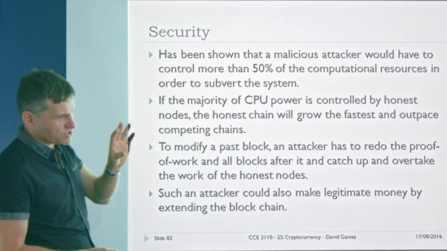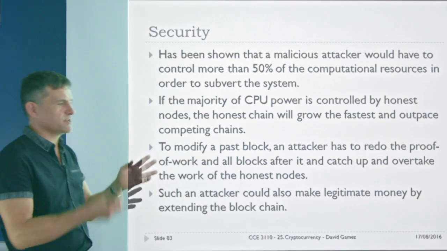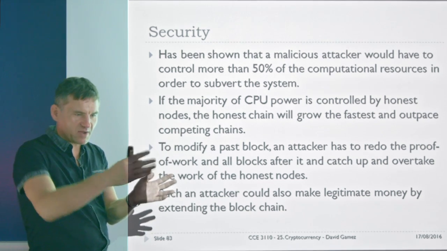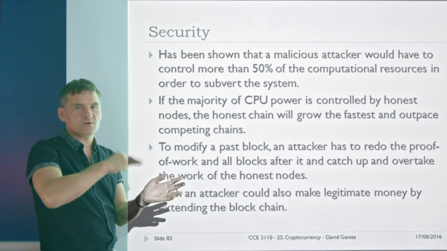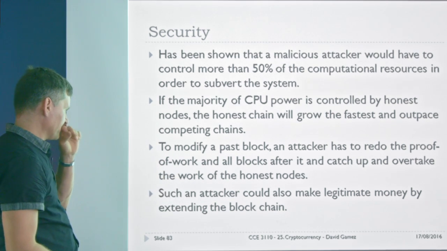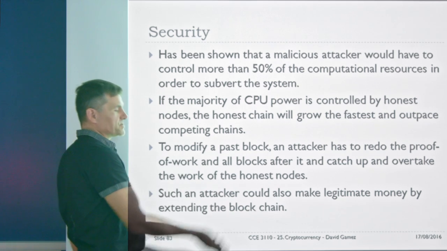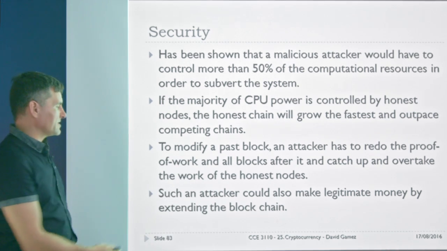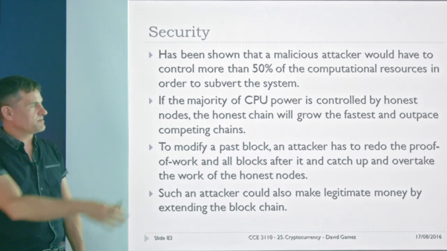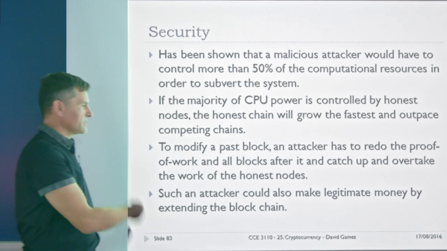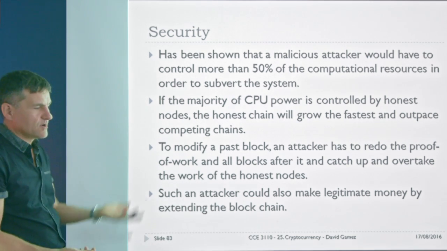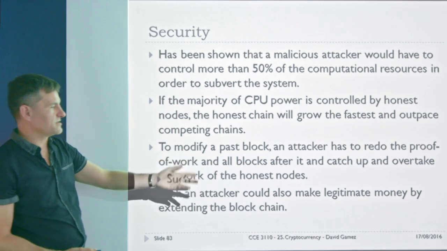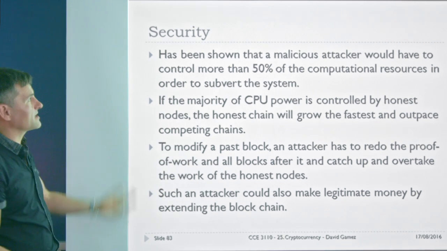So if you want to change a previous block, or change a transaction, you're going to have to recalculate all the blocks that come after that, solving the computational cost function for all of those blocks, and that's going to require a huge amount of computational power. And the motivation for doing this is not that high, right? Because if you've got all these computational resources, then you can also make legitimate money by extending the blockchain anyway. Why go to the trouble of modifying a past transaction when you can just extend the current blockchain and make money?